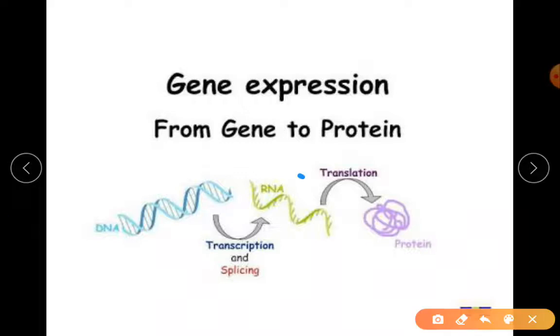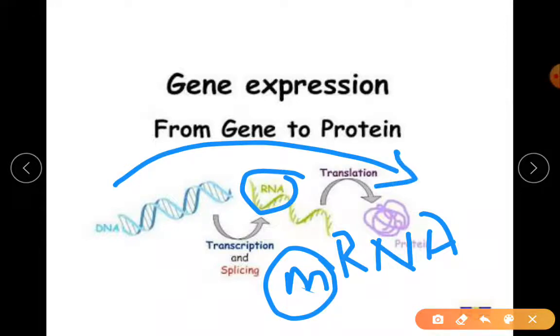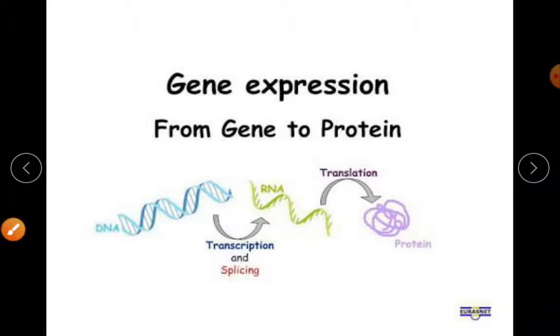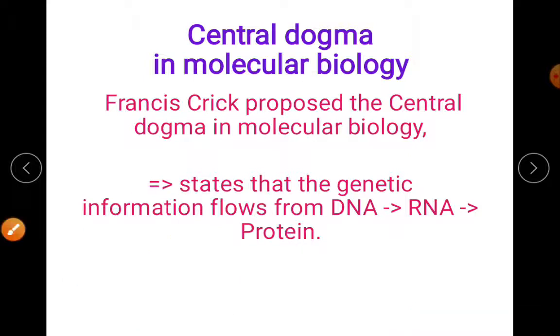One thing you should remember, this RNA we write as mRNA. The M means messenger RNA. When I say messenger, it is giving the information to express. That is messenger RNA's work. So what is the expression? Final protein. Where is the gene? In the DNA. Who is the messenger? RNA. And all your A, G, T, the sequence, based on that sequence, we get a protein. You'll understand one by one as we go deeper into this concept.